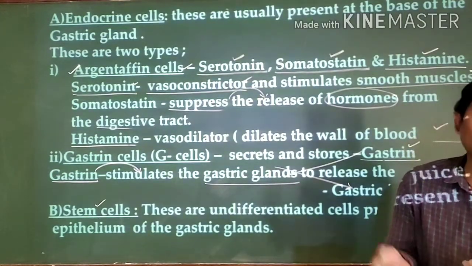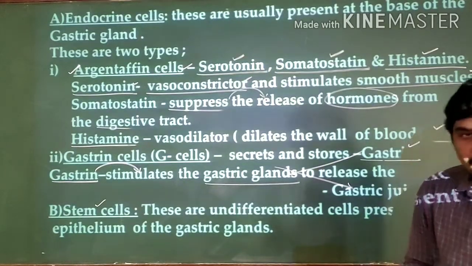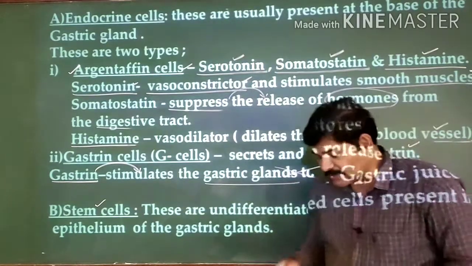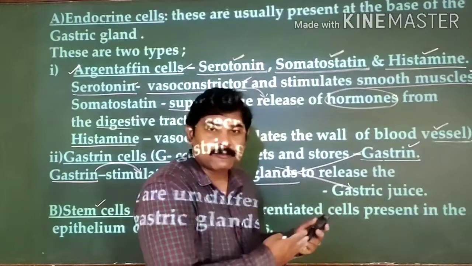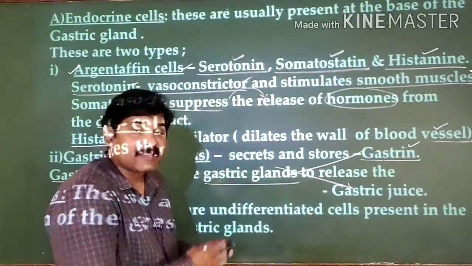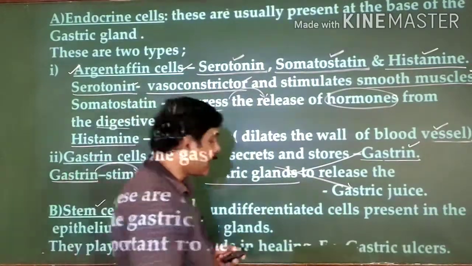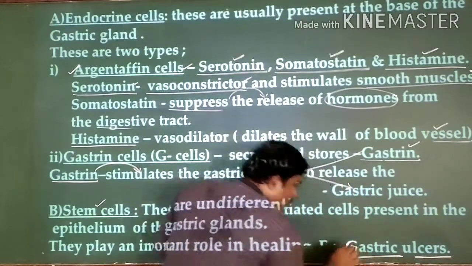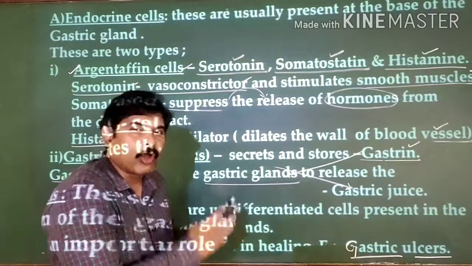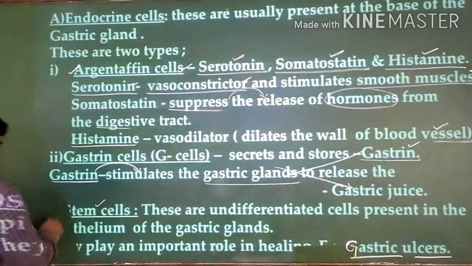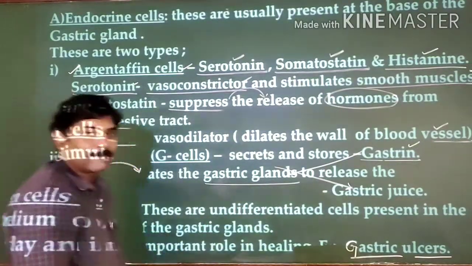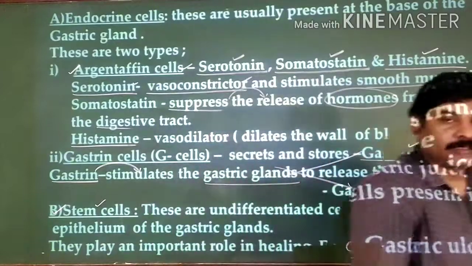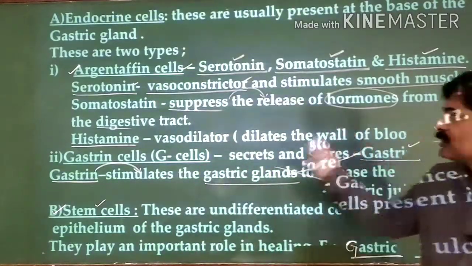And these cells replace the already damaged cells. So these stem cells, naturally in your stomach, help in treating or healing gastric ulcers. So whenever you have gastric ulcers, they will be cured or healed by these stem cells. That is the important function of these stem cells. So dear students, this is all about your gastric